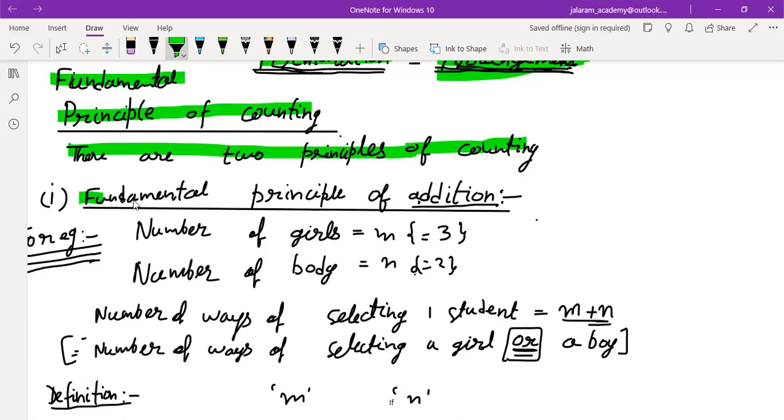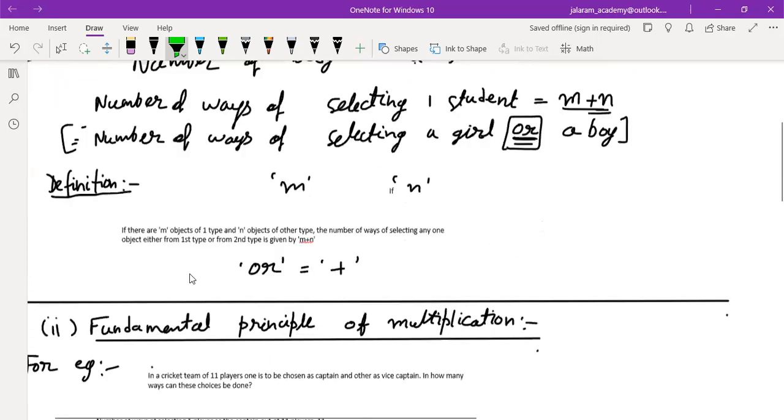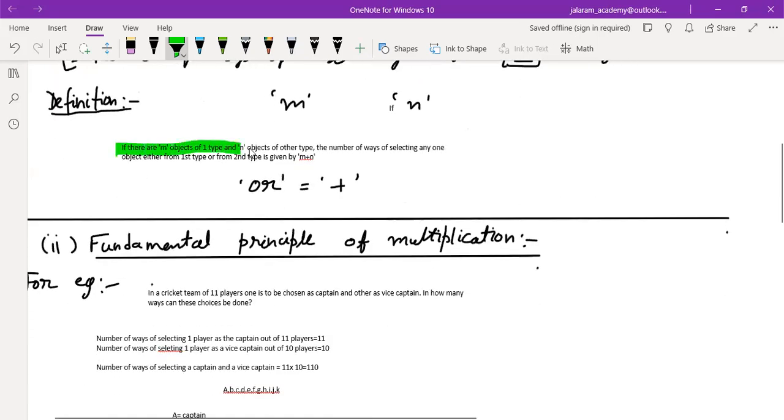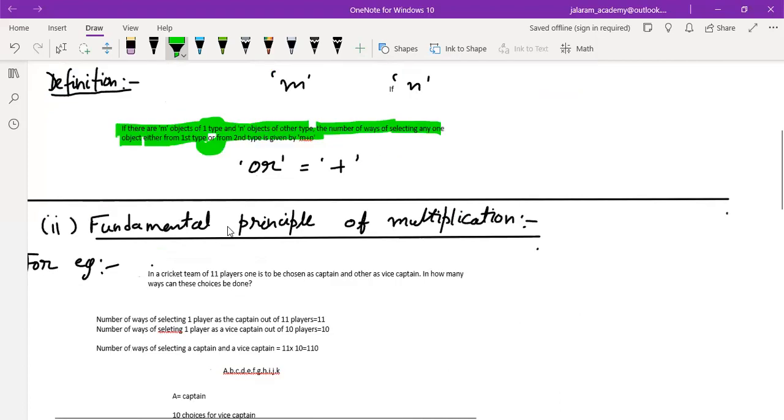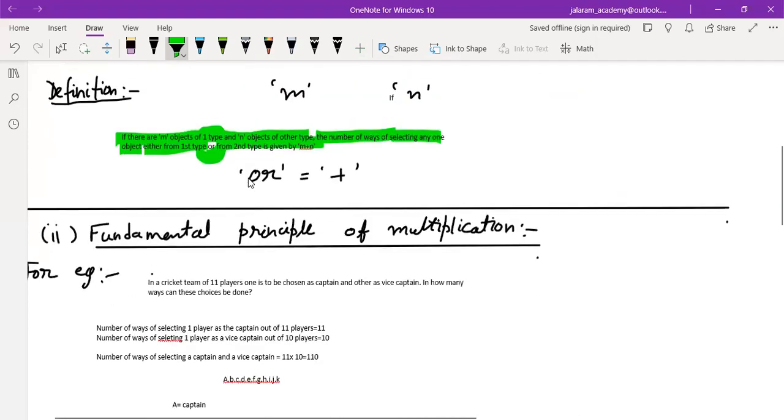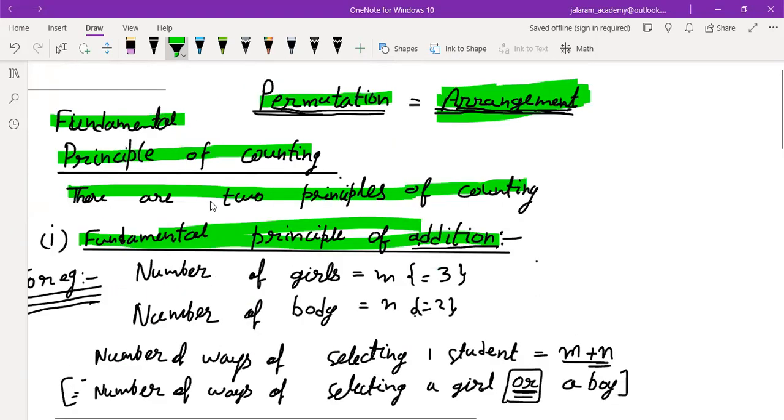The first is the fundamental principle of addition. That is, if there are m objects of one type and n objects of another type, the number of ways of selecting any one object either from the first type or from the second type. So look at this. 'Or' is the symbol of the principle of addition, and whenever there is 'or', we have to add these two. For example,